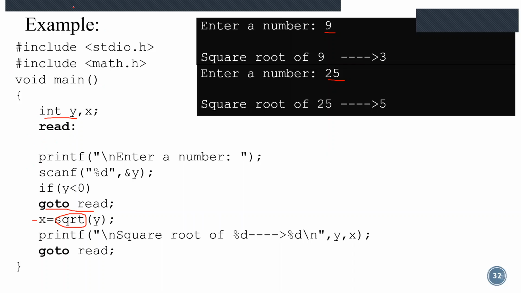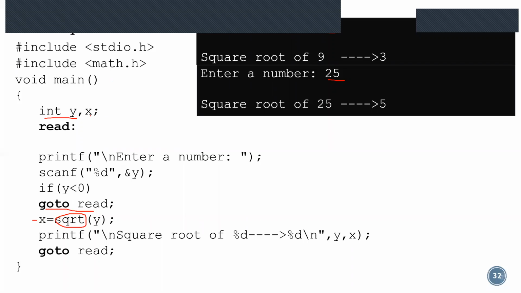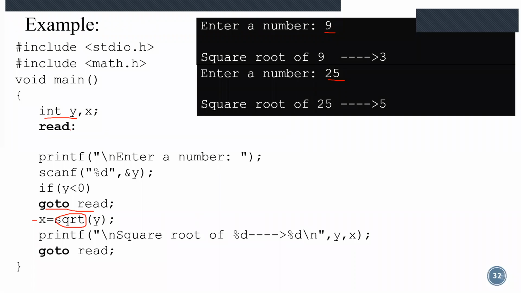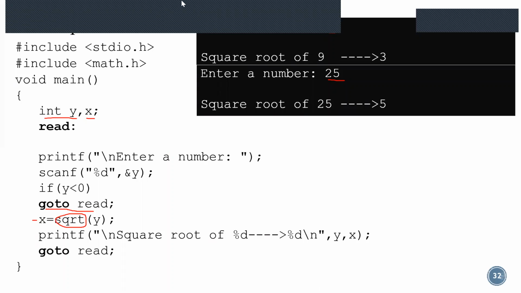This is not a program which you can test to see whether it is running properly for all inputs, because I gave integer y and x. If you are accepting in the variable x the square root of y, and you are entering numbers which have a square root only, it will be running properly. Understood, Pavan? Yes, ma'am.